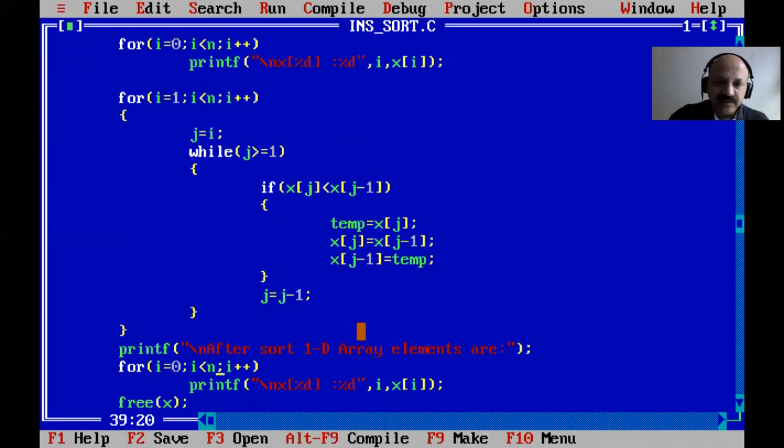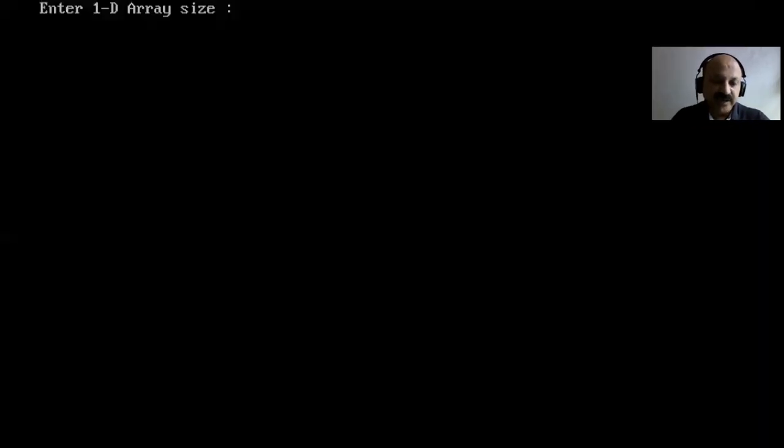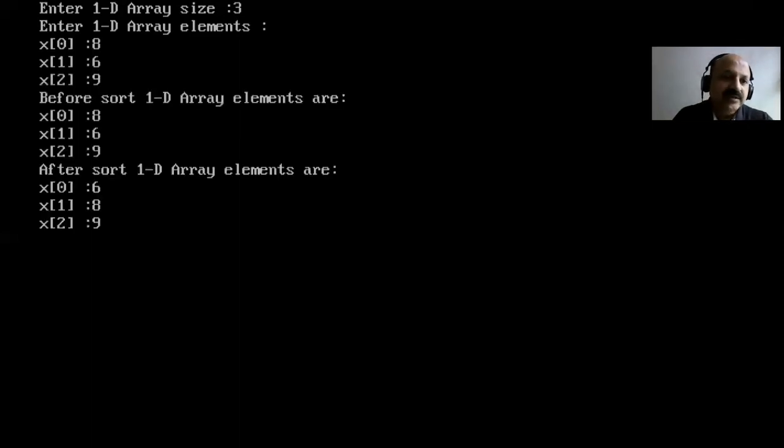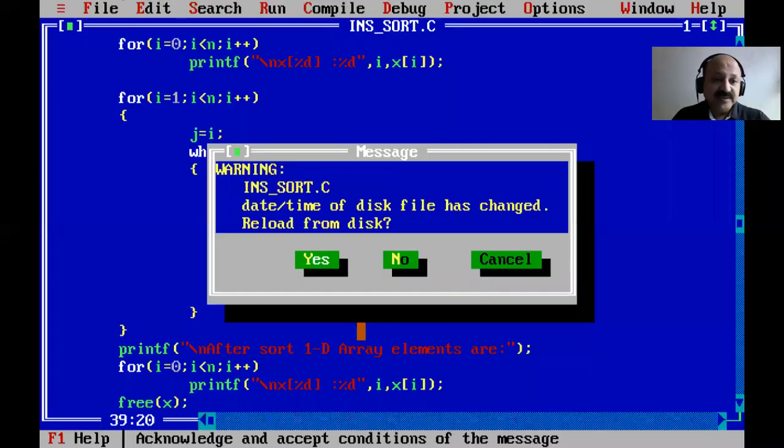Now it is perfect. So first I did not change it, so it took a static 5, but now I give 3. So now you only have to scan 3 elements. So let us check. Yes, you can look, 8, 6, 9 and 6, 8, 9. That is sorted. So yes, how does it work?